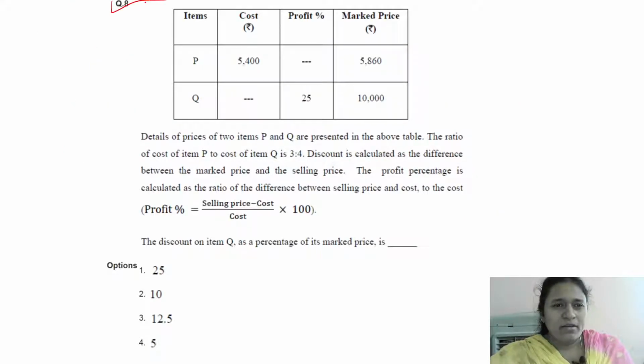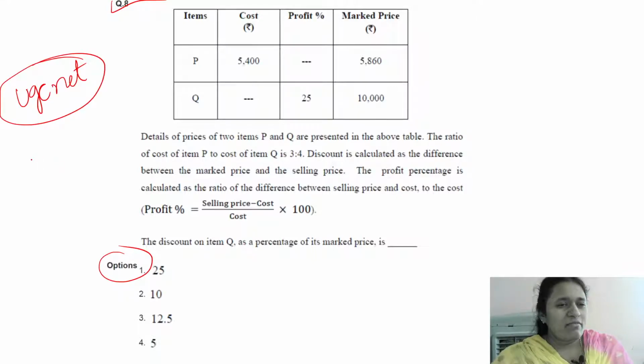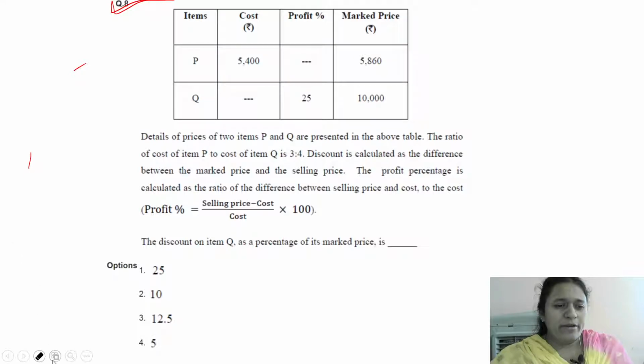Okay, this is the given question, friends. See here, in GATE, based on this data, only one question is given. We know that in UGC NET, they will give data and ask 5 questions, right? It is very important in the UGC NET, whereas in GATE also, quantitative aptitude is very important. Now we will try to solve this question. Please take your pen and paper and try to solve with me.